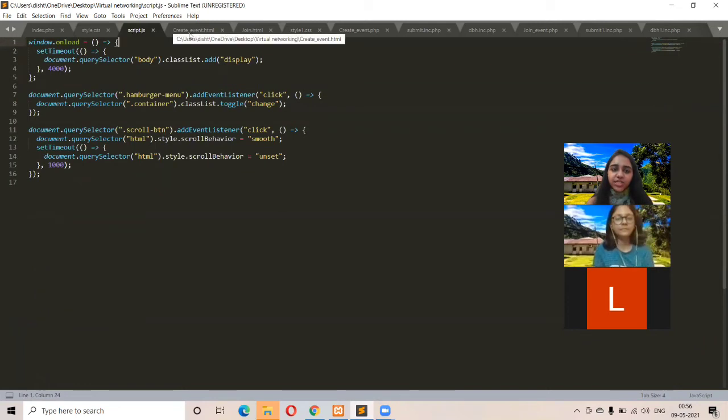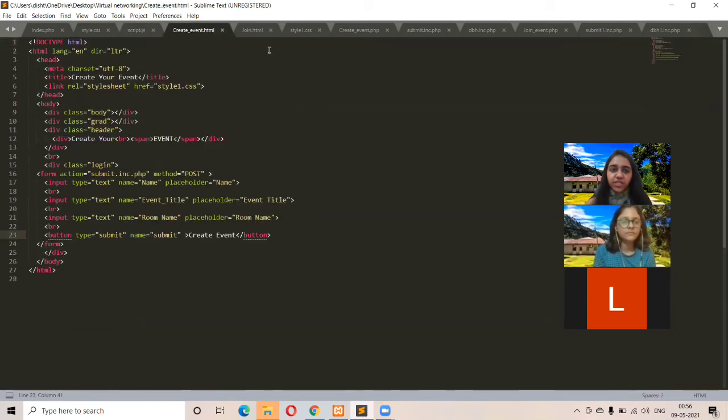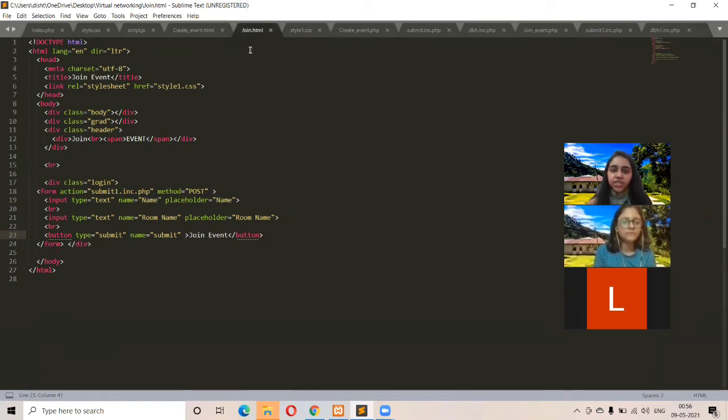The next file is script.js. That's also used for the moving circles on the very first page. Then create event.html is the one used to create and schedule events. Similarly, join.html is to join events and make the list of attendees in the database.